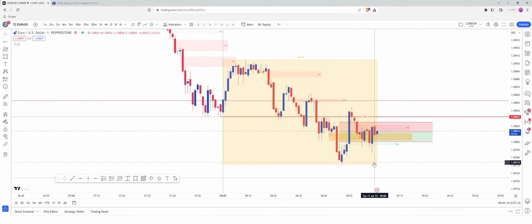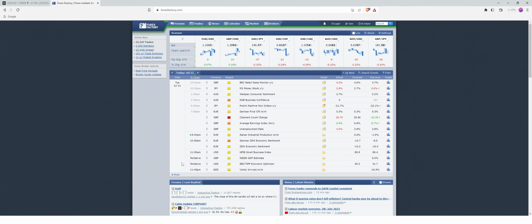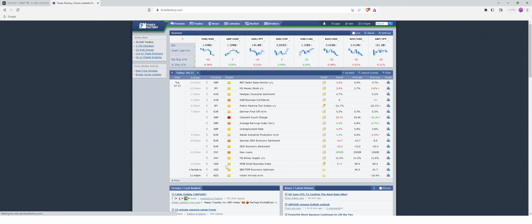So the new hourly candle has just opened up. We're going to see if it gives us any direction. Obviously New York Stock Exchange hour opens at 9:30, which again can be a rather large injection of volume. News, no news that we need to be worried about today, so there's nothing happening this afternoon that should cause any major issues.